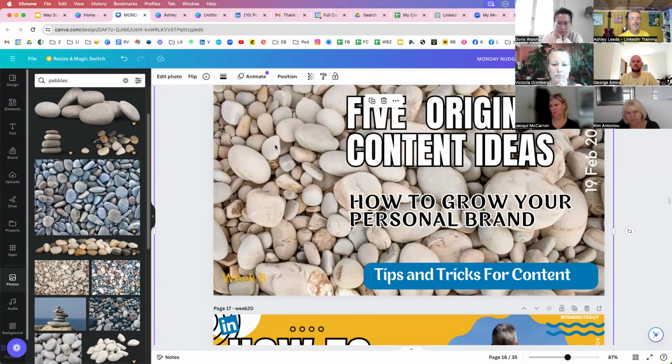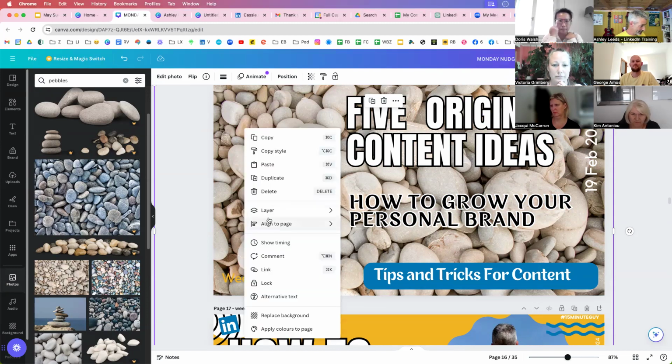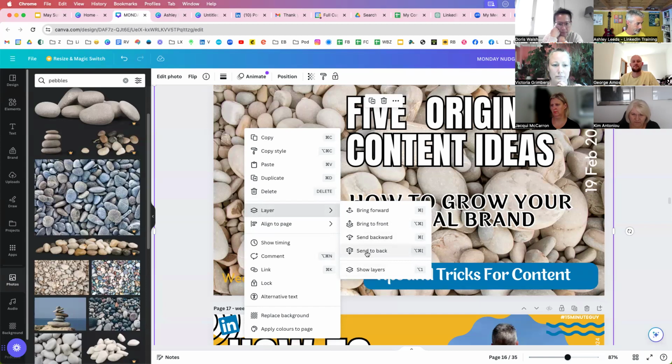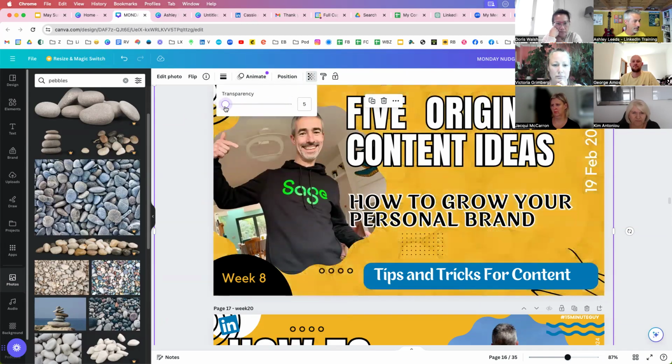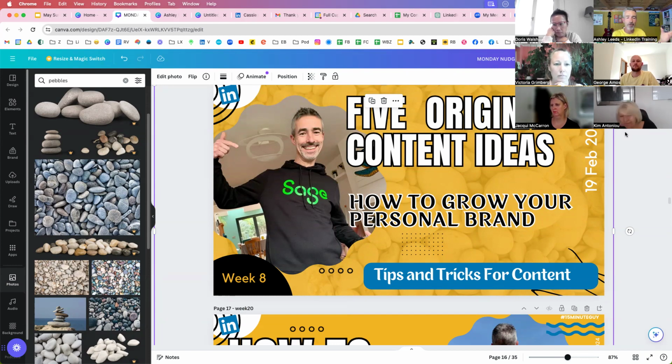All right. Very handy where I live. There's loads of pebbles on there. So that's fine. What I want to do now is send that to back. And then go into here until you get the right sort of contrast. So there might be a pattern that you like, Anne, that you can take a photo of or download or whatever, and then put it as your background.